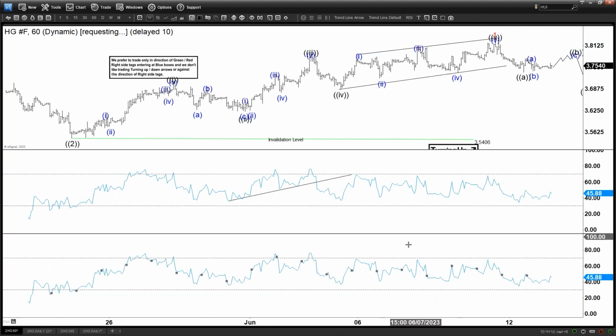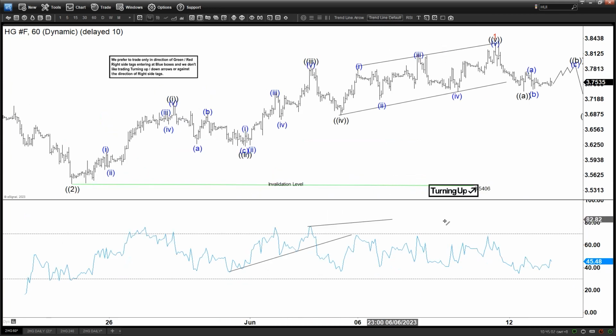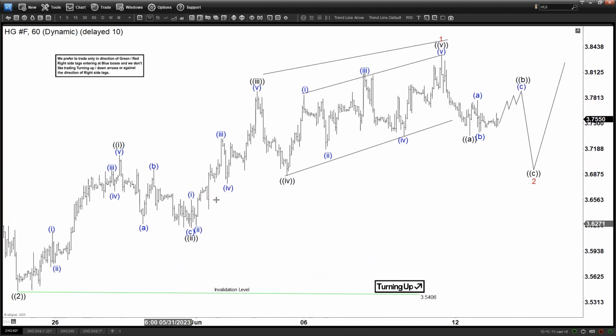We can check out the RSI, the momentum, and then we are seeing a divergence here, which is typical with 5 here, right? Price making a higher high, but momentum makes a lower high. Now, based on this 5 waves up, that will suggest that as long as we stay above 3.54, we should be looking for another leg higher. So for now, we are looking for a potential 3 waves pullback in which we might still see another leg down, okay, to finish this C of 2 before the metal then rallies again